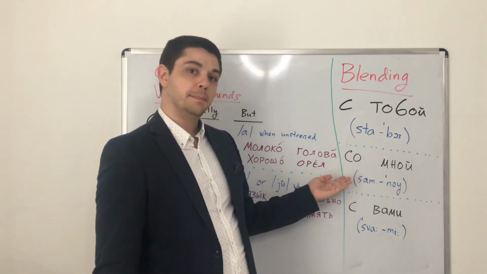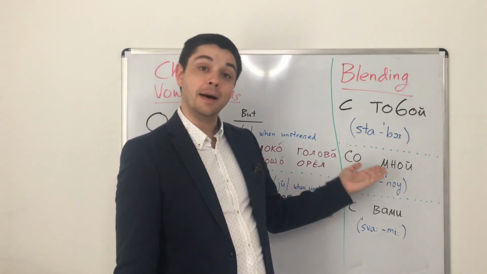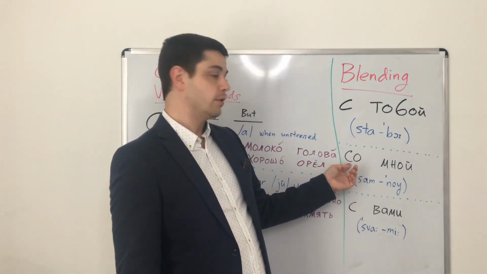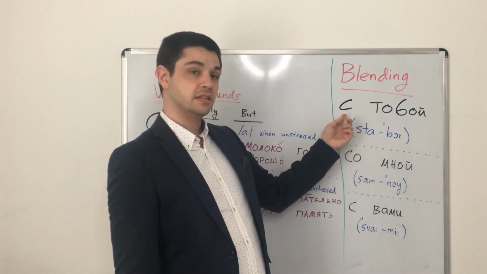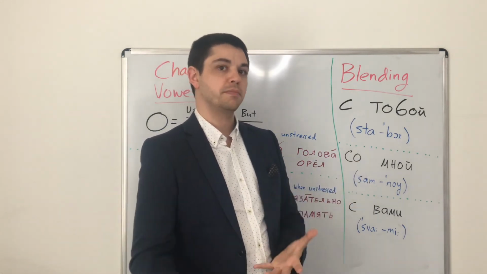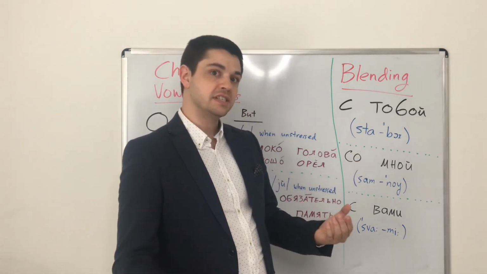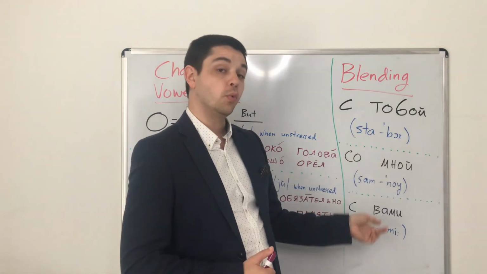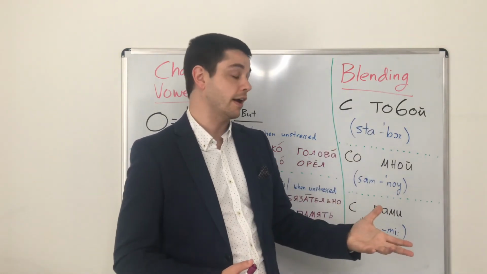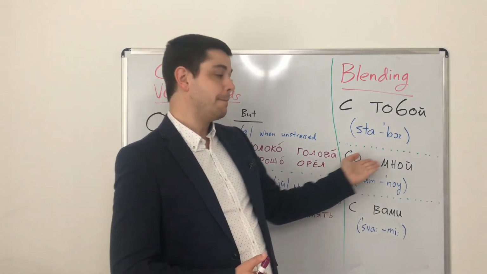So another example here, it's со мной, со мной. Now, there's no difference between с and со here. They're the same word, they both mean with. The difference is what follows it. We don't have a consonant cluster here or here, so we don't need to do that there. So, со мной,